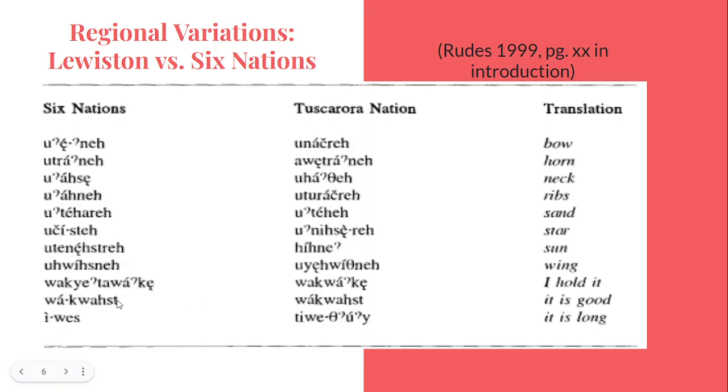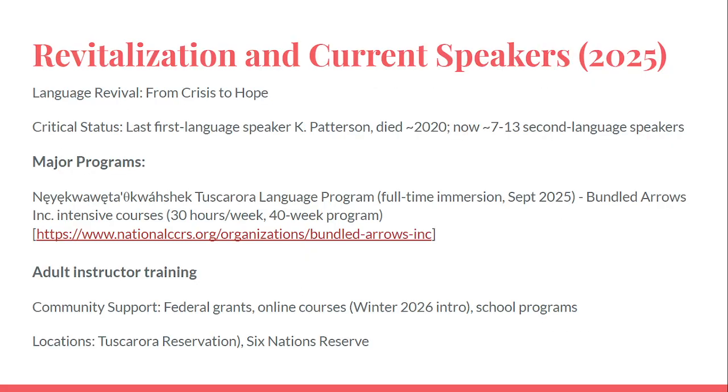But the only word that's really the same is the word for "it is good." And it is long. At least you can see how Ewis and Ewith, you can see that connection there. So at least you can see the root in the word. But just looking at this, and the fact that all these words are very basic, some of these even Swadesh words like star and sun, possibly sand, you can already see how much they diverged. So it makes me doubt the mutual intelligibility fully, but the dictionary also makes it look like it's pretty standard. So I'm not 100% sure about it.